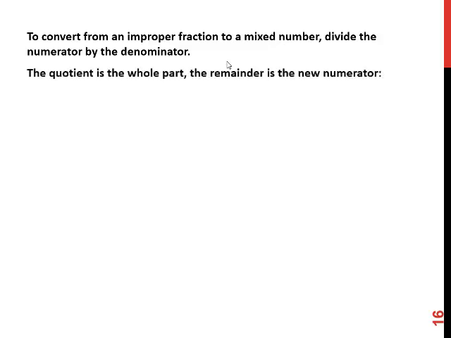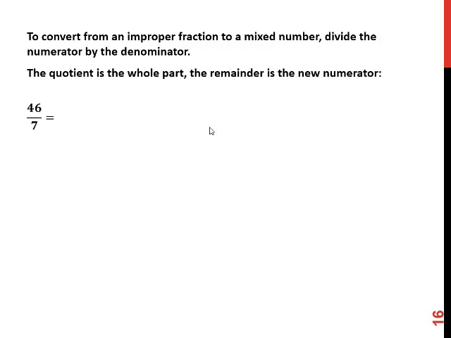Alright, going the other way, to convert from an improper fraction to a mixed number, we're just going to divide the numerator by the denominator. We'll use long division. The quotient of this long division will be the whole part, the integer, and the remainder will be the new numerator. So for example, 46 over 7,